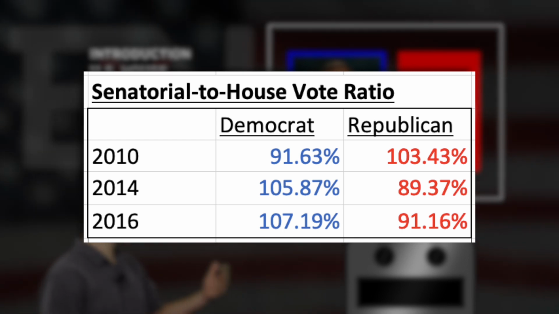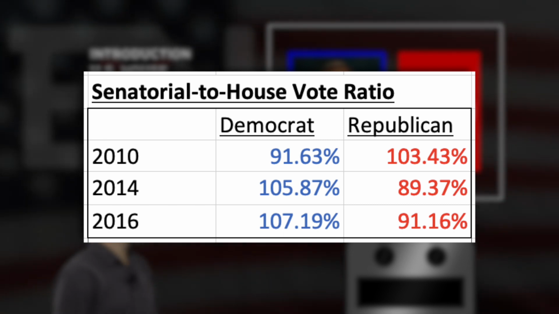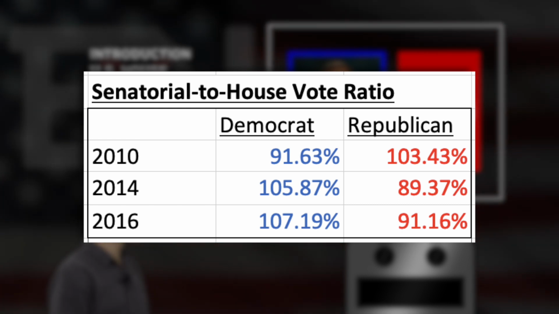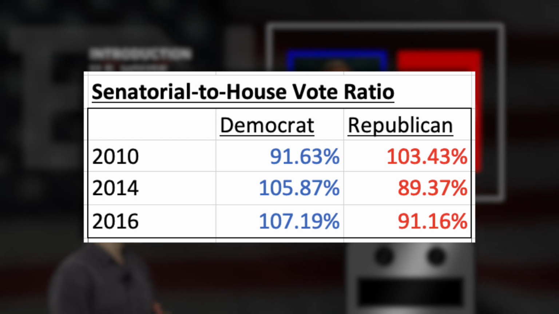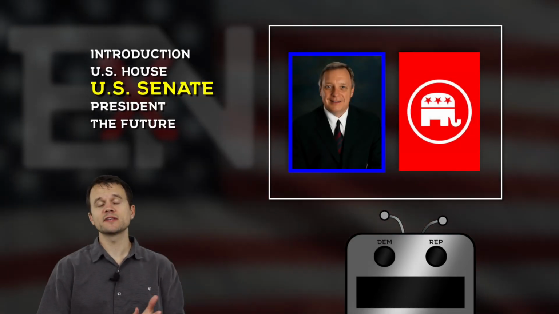So going from 2010 to 2016, we see an upward trajectory really for Democrats and downward for Republicans, which, if we use this to extrapolate into 2020, would mean that Dick Durbin would inspire the average Democratic voter more than his Republican challenger would inspire a Republican voter in Illinois. So let's toss that aside. That works in favor of the incumbent Senator Dick Durbin.